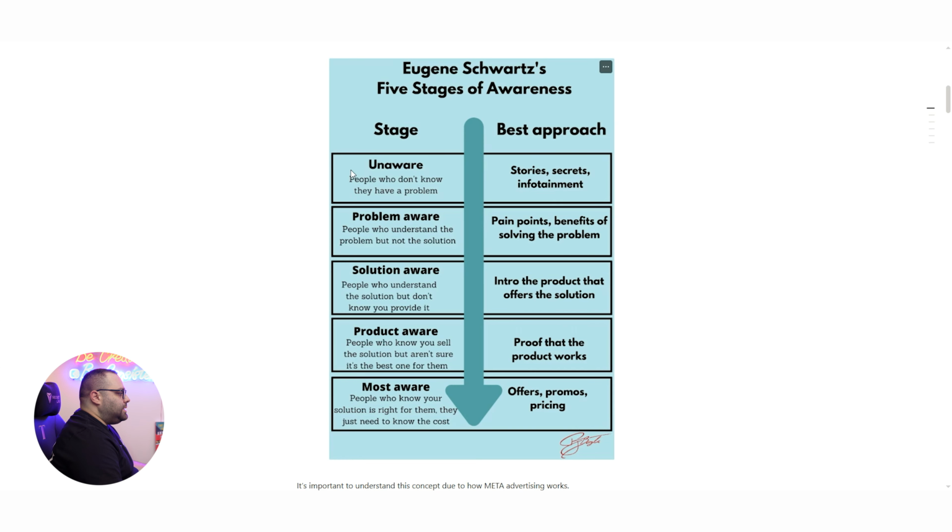Now, it doesn't mean that someone cannot convert from here and it has to go here, okay? Sometimes people convert without being aware of you and stuff, and they convert in this. But if you think of it, the most aware are more keen to convert the product and so on, okay? It goes like this. Here are the people that are converting. It's more difficult for them to convert, okay?